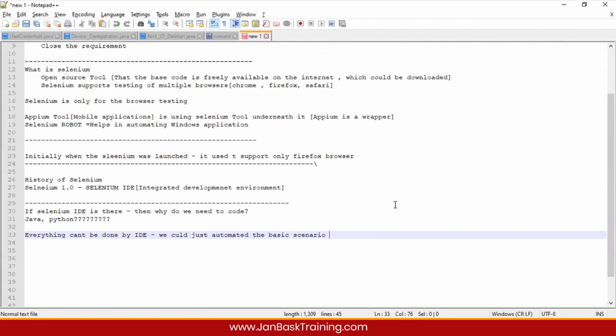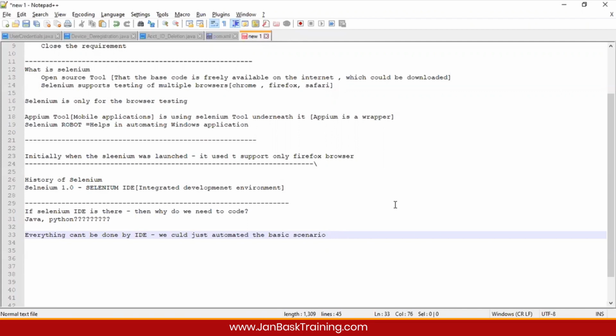So how to handle those scenarios? That possibility is only with the help of Selenium code. So we have to write Java code, Python code in order to get that functionality. So that's the reason that we need to take the help of coding languages. And you know what? Even these days, there are many applications out there in the market which could even develop an application or a website for you. People don't use those tools much because they provide only limited functionalities. But whenever we need to make use of advanced functionalities, then we have to code ourselves.